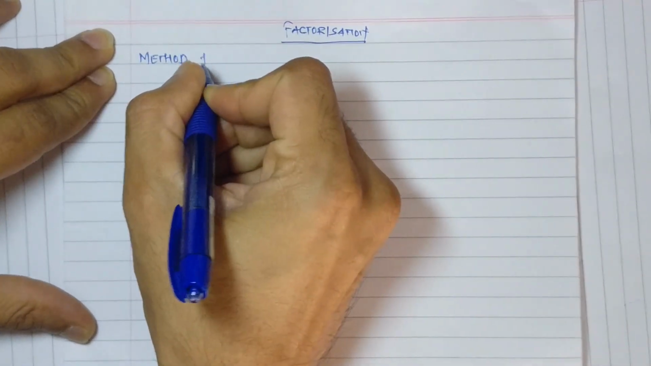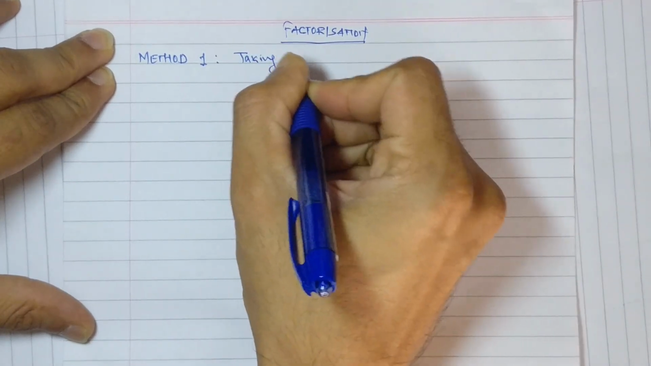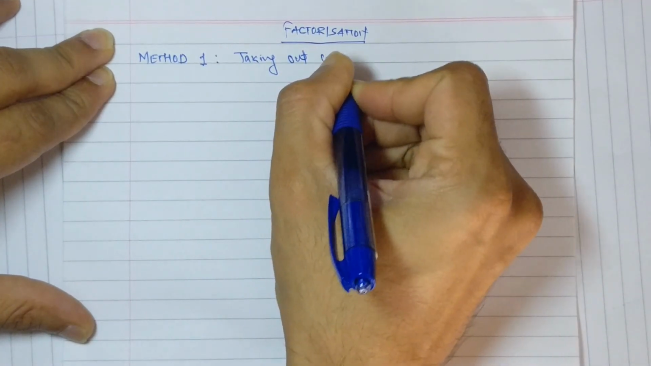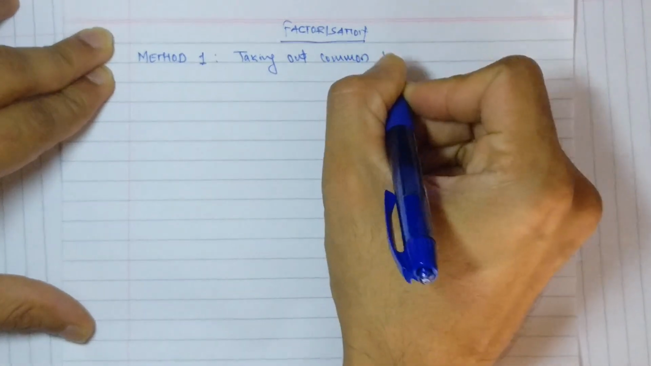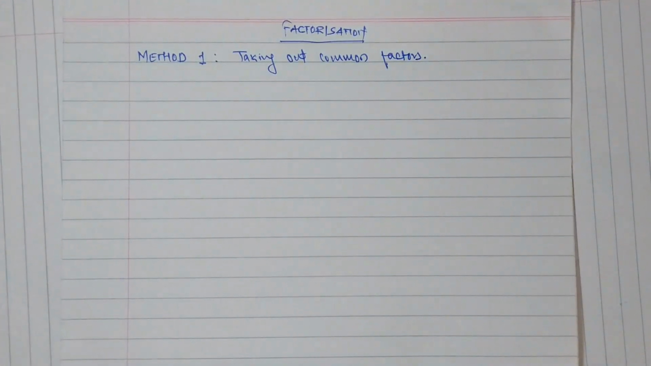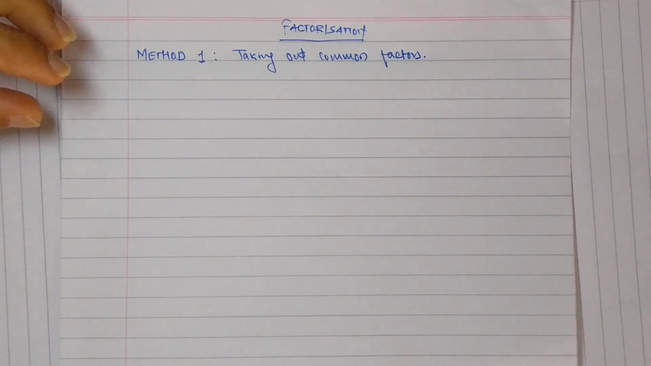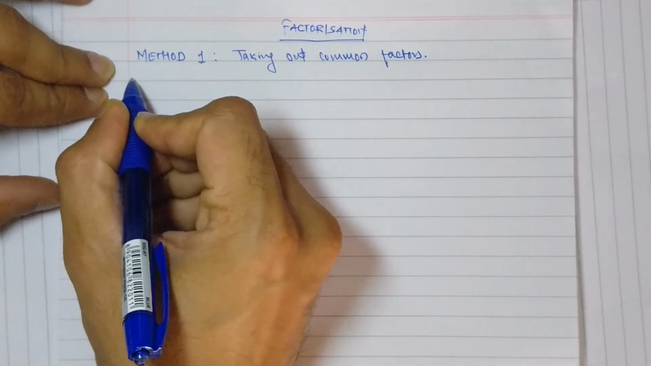Method 1, taking out common factors. I'm sure you all must have tried this method in class 8. You will understand once I show you how to do it. Okay, so the first example,